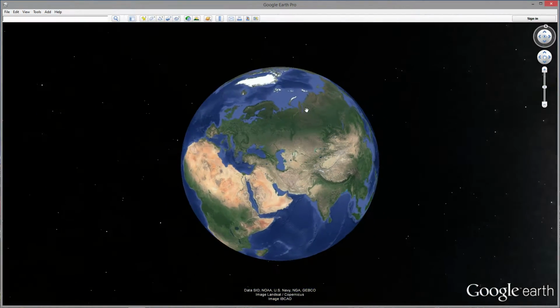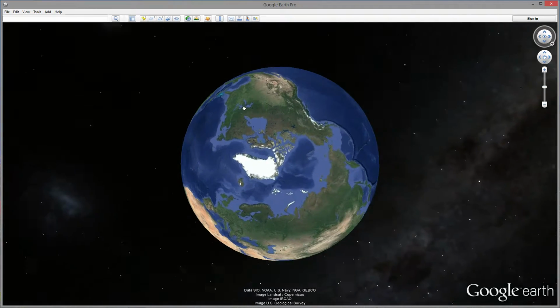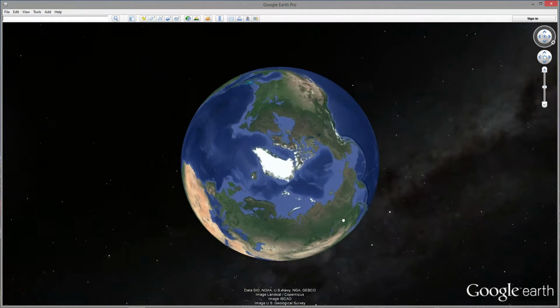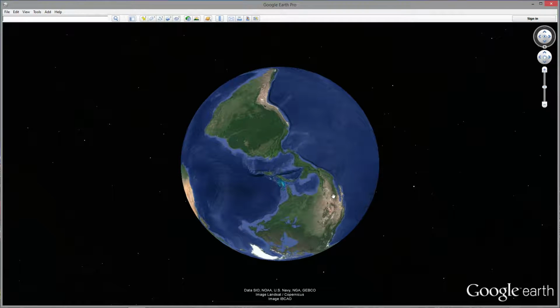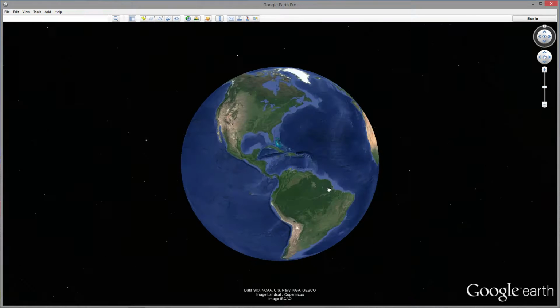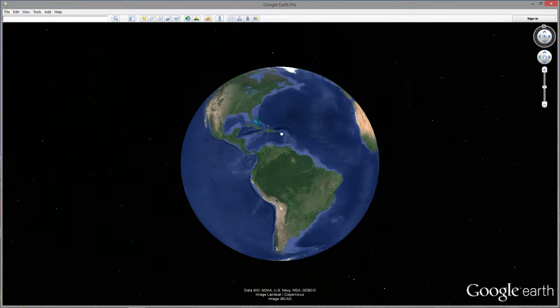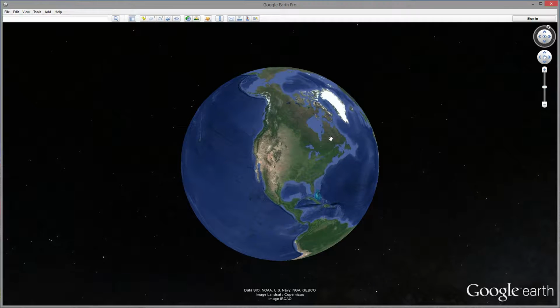So without further ado, let's start looking around. One thing that I've always thought was personally really neat is what the Earth looks like. I don't know if any of you have really noticed before. We'll just switch this around. This is North America, upside down, I might add. So we'll just switch this around. There we go, that looks a little bit better. There's Brazil and South America. We've got Mexico here, Cuba over here, America, of course.